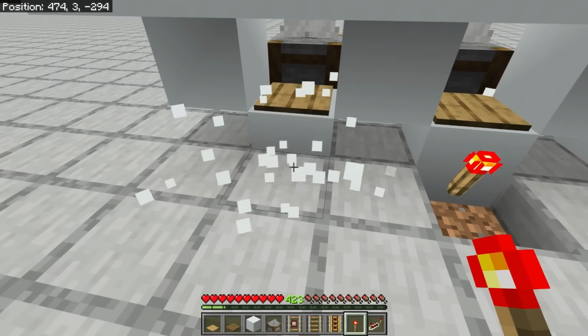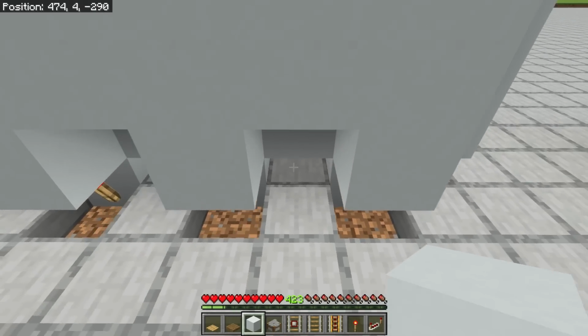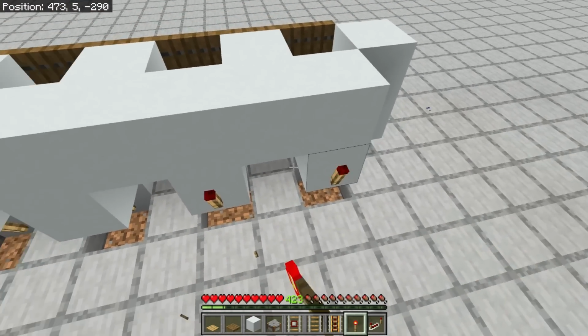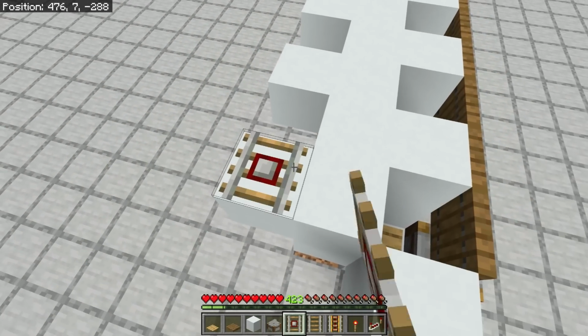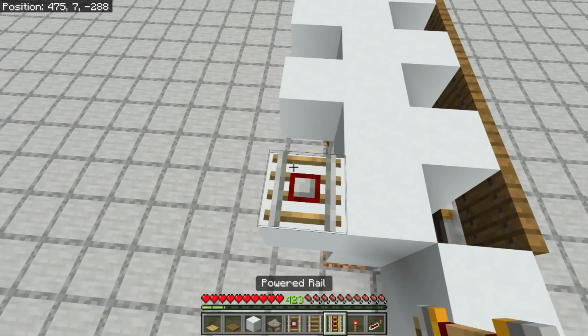Going to have a torch coming out the back there, like that, powering that block. And these torches are going to determine when the villagers are in their holes. So if I put a torch there, that's going to turn off. That's good. Put another block there. And that means that when there's something in that hole, like that, it's going to activate the...